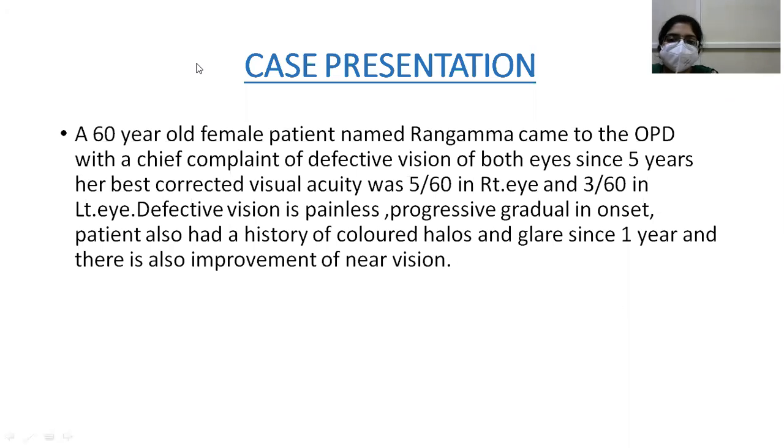By keeping a Snellen's chart at 6 feet distance, 6-meter distance. What distance? What's the distance between the patient and the Snellen's test chart and drum? 6 meters, sir. Okay. Then we put the trial frame and put a block in one eye, in one socket, and we ask the patient to read the chart.